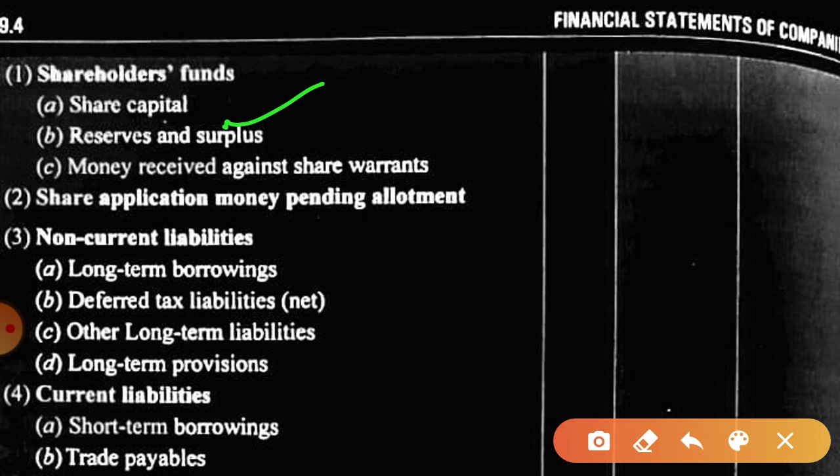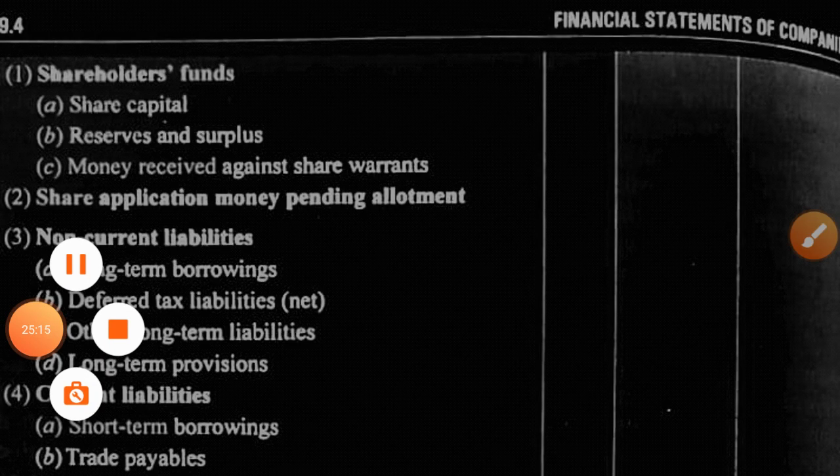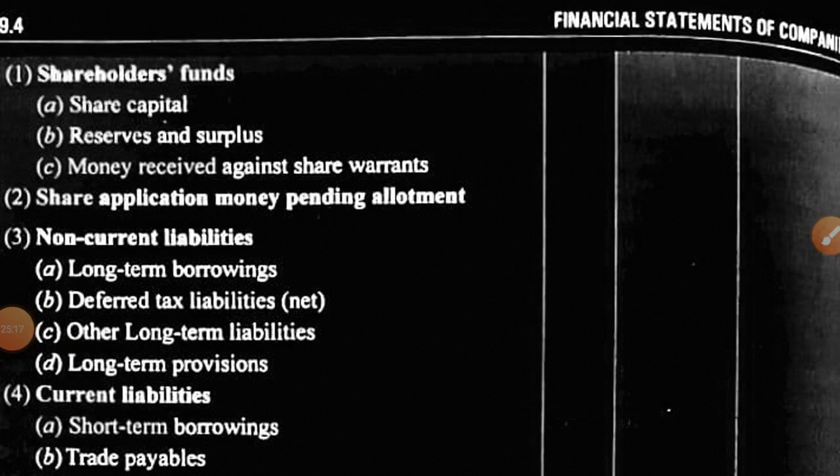Okay, now see illustration 9 onwards in your book and see what they are asking. They have given the items and are asking for heads and subheads, so attempt those questions and draft the balance sheet. Is this clear? Only the format. Okay, so this is the homework for you. That's it from today's class. Take care students, bye bye, and do your homework.